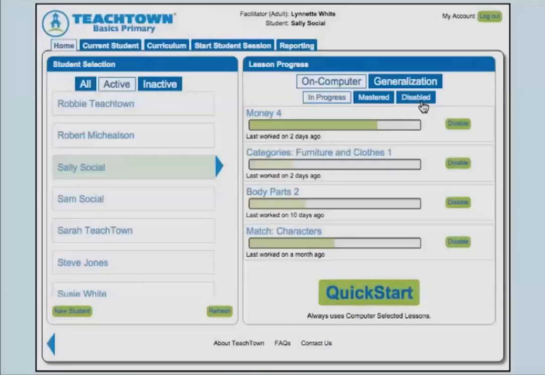This is TeachTown Basics Primary. We're going to look at features that allow you to customize for your students. I have selected Sally Social, so anything we are going to change will be specifically for Sally. So you'll see that I've selected her name here, and you see that her name is at the top, Sally